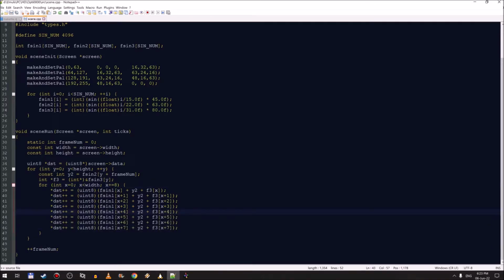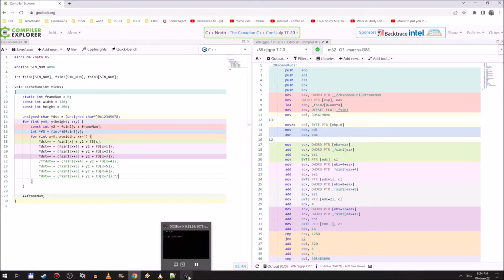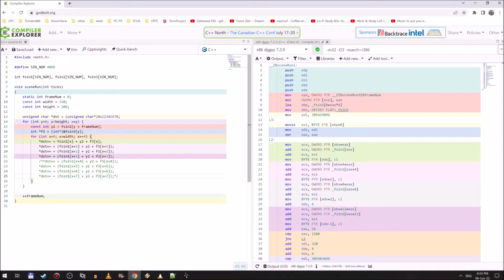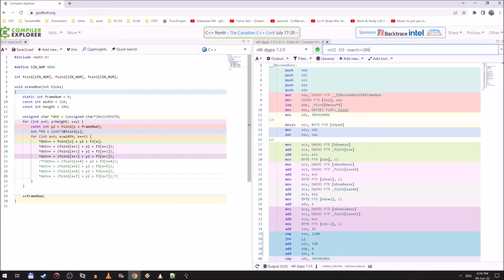We are going to see the produced assembly in Godbolt Compiler Explorer. I don't understand it exactly. So we have the Godbolt Compiler Explorer. I could also search for the makefile flags to make it spit out the assembly, but I can see the issues here too. And DJGPP 7.2, and that's the latest version. I don't even know the version I have, but the results are similar. So this one,